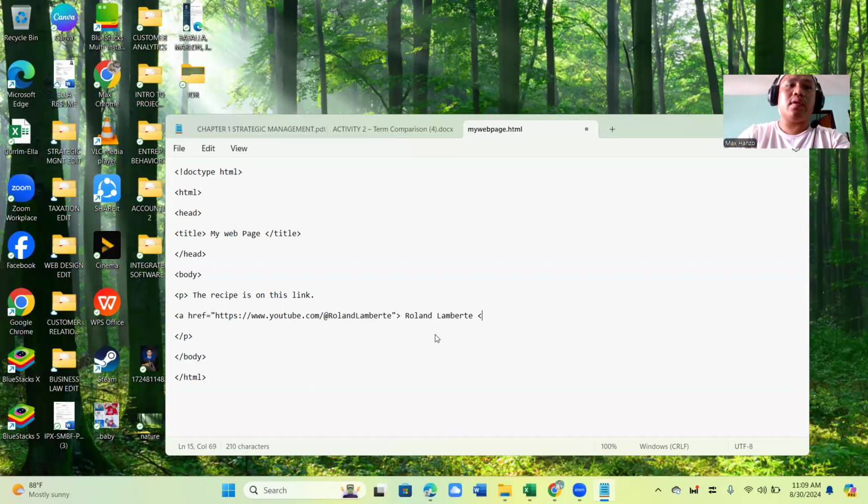This is where we're putting the closing tagging, for example. So if you notice, the opening bracket is here and then the closing bracket is here. So we will only place the closing bracket here once the link and the codes are already in place.